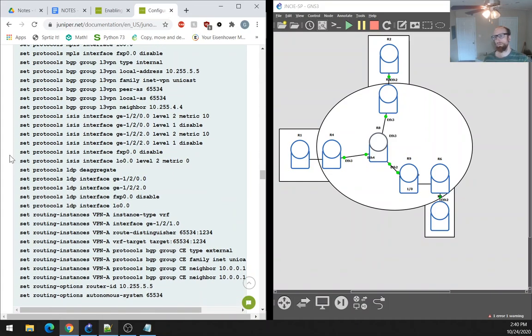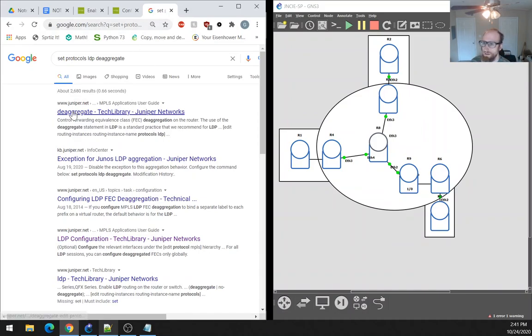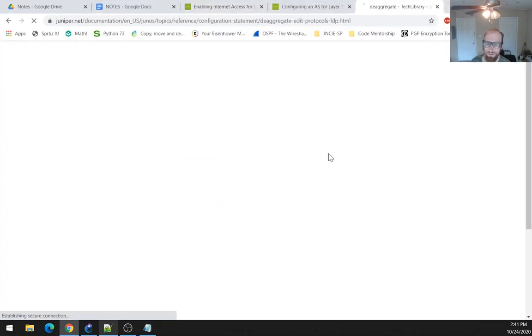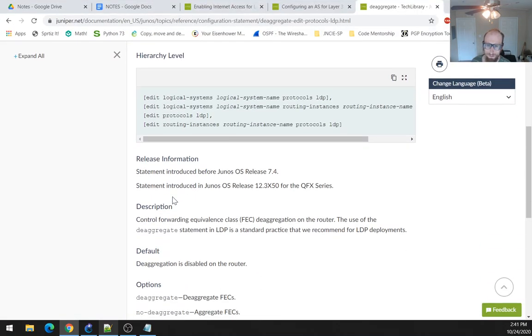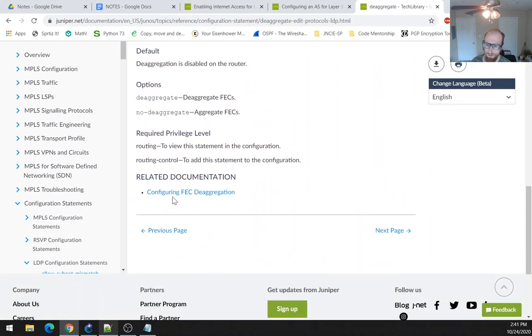Oh, you know what? I probably will need to use LDP. I don't know what this deaggregate means. Oh, it has to do with